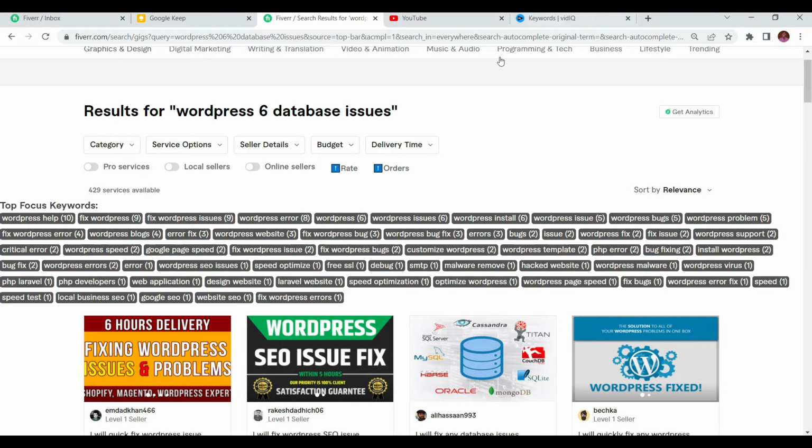Now when we search for WordPress 6 database issues, you saw these keywords. All these are keywords here. Look at them. Everything here is a keyword. Now in your Fiverr you might not see this. You can't even find it on your mobile, but on your PC you might not still see it unless you